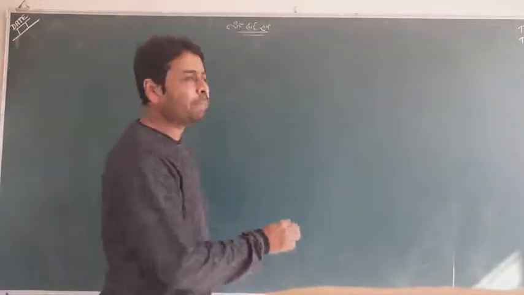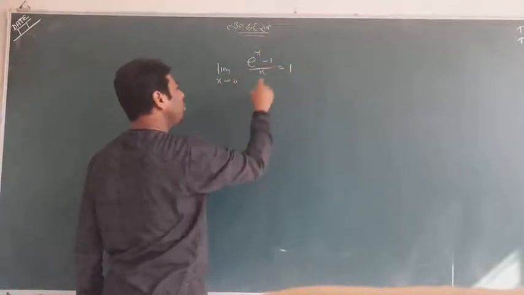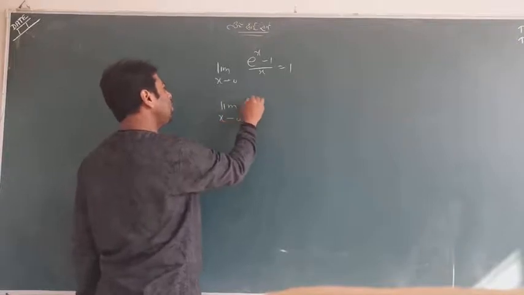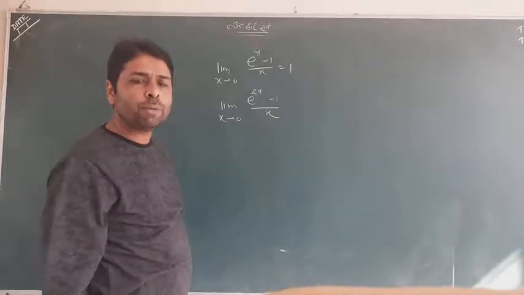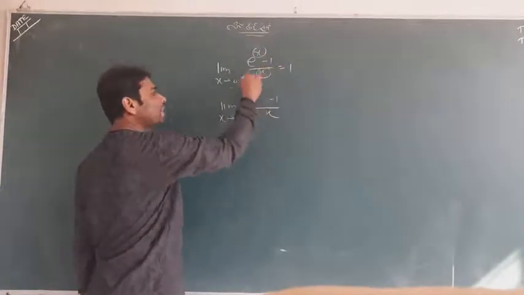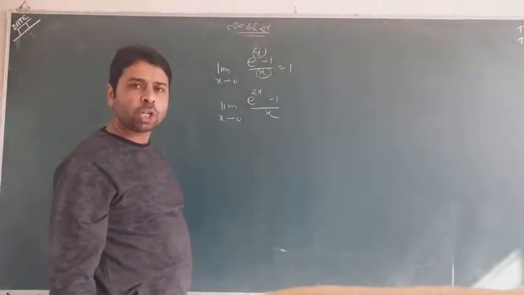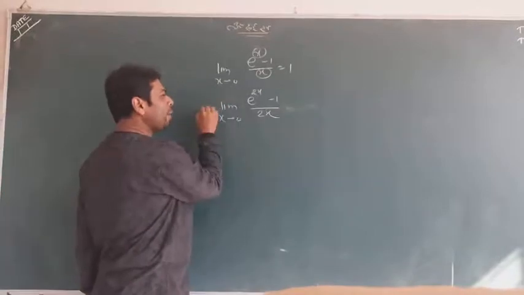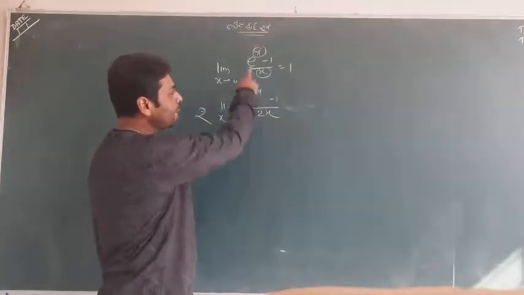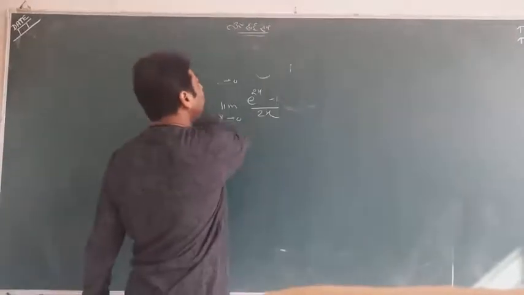Okay, now I have explained each and everything. Same as I would explain one thing. Whenever e to the power x minus 1 upon x was 1, we saw, right now we saw, instead of x, if you suppose to have 2x, this is not 1. Again the same symmetry will be used. If it is x, it must be x. If it is 2x, it must be 2x. So you have to make only the denominator 2x. So you multiply and divide by 2 and keep 2 outside because it is a constant value, and now this looks the same. Answer is 1. So 2 into 1 is equal to 2. This is the answer. So hope you are getting it.